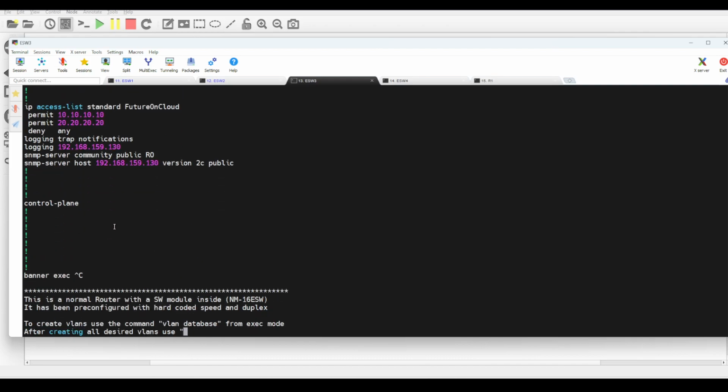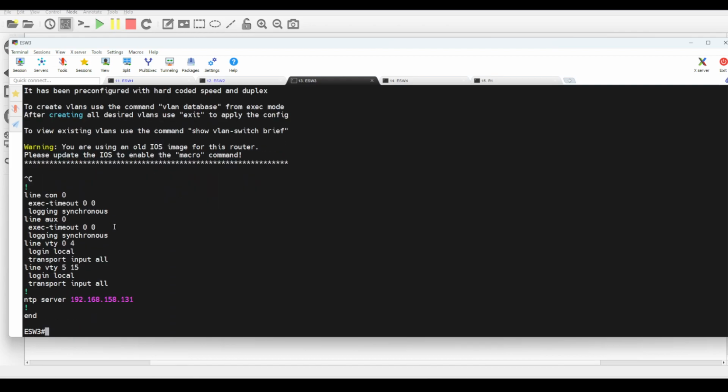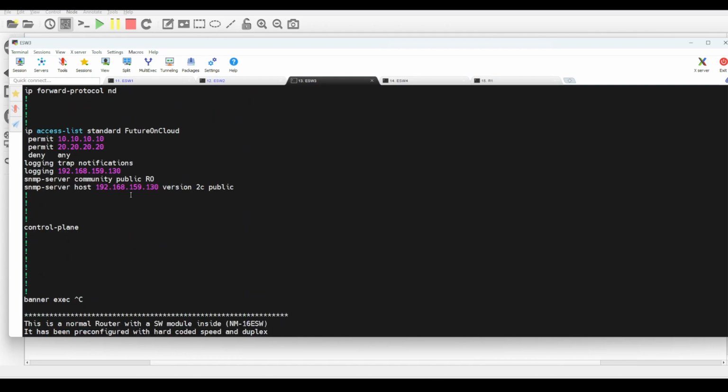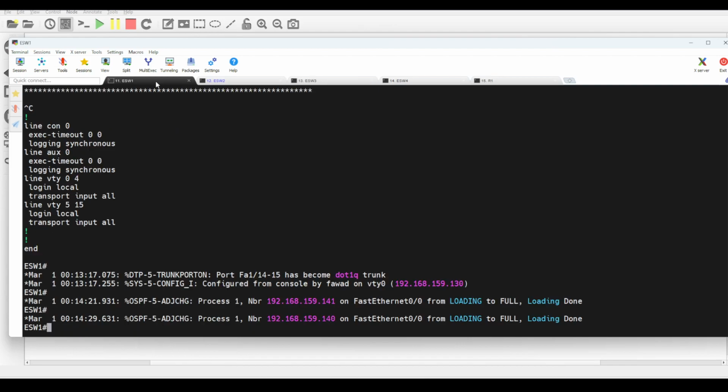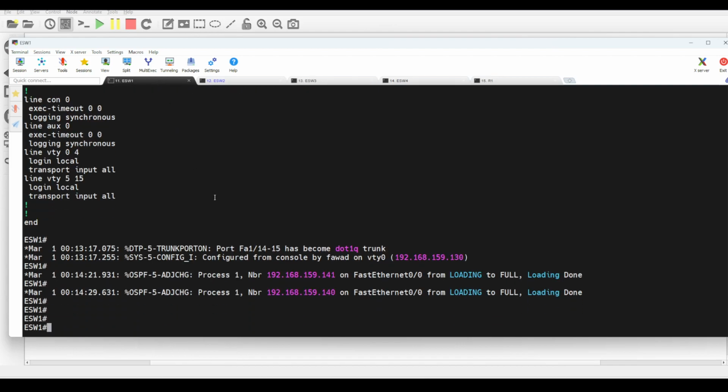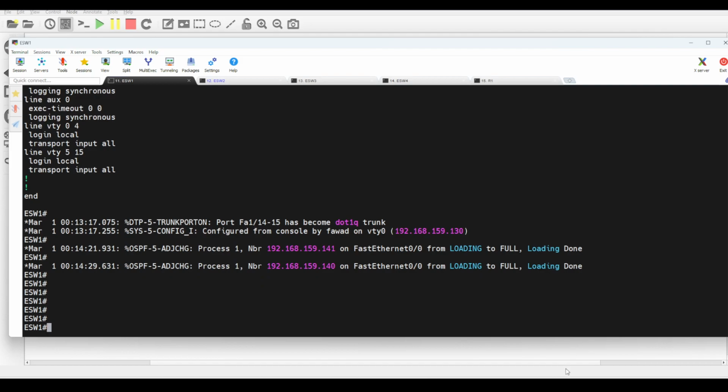So why is it not showing the routes? Because there is a single network only, 192.168.159.0. If there are multiple networks, it will execute everything. So just for sake of testing,